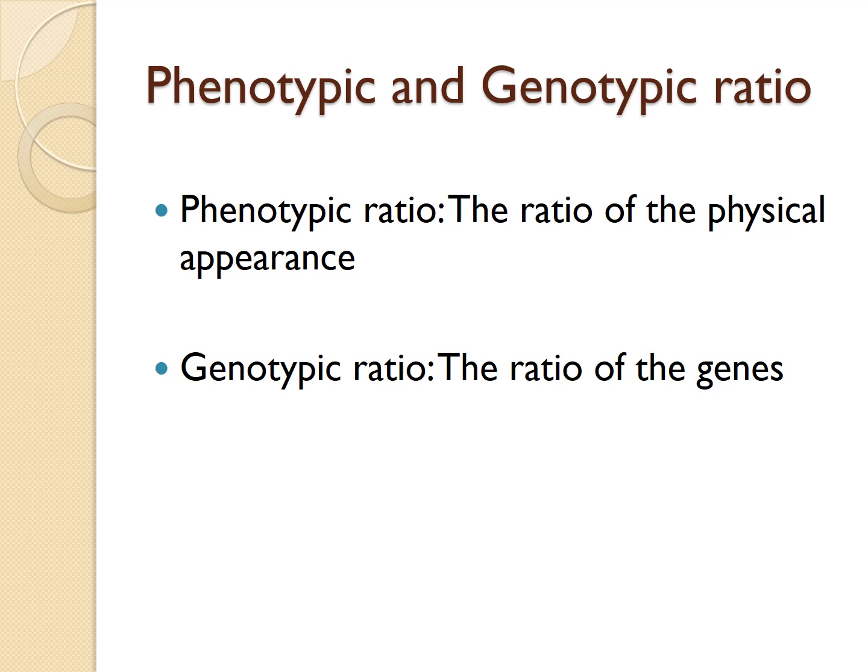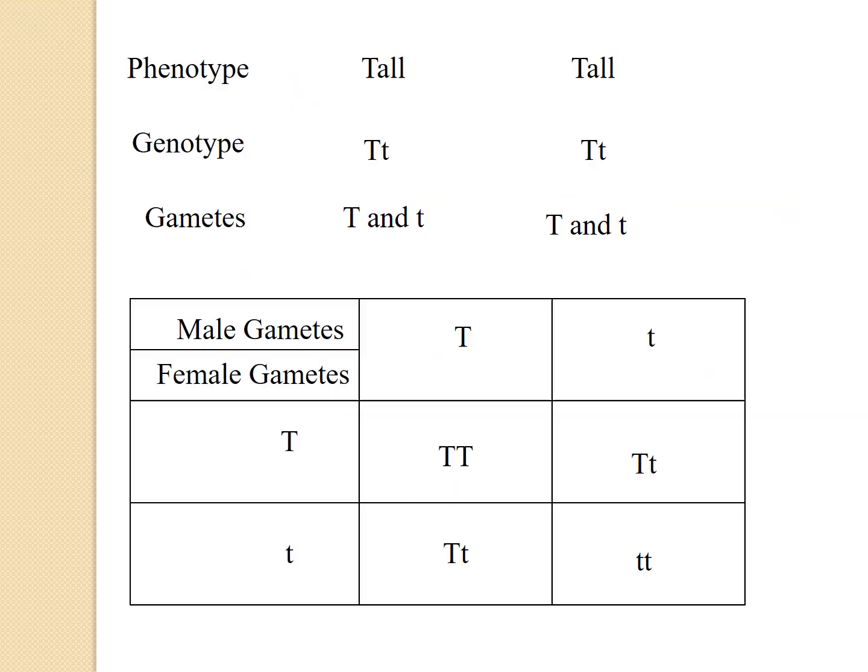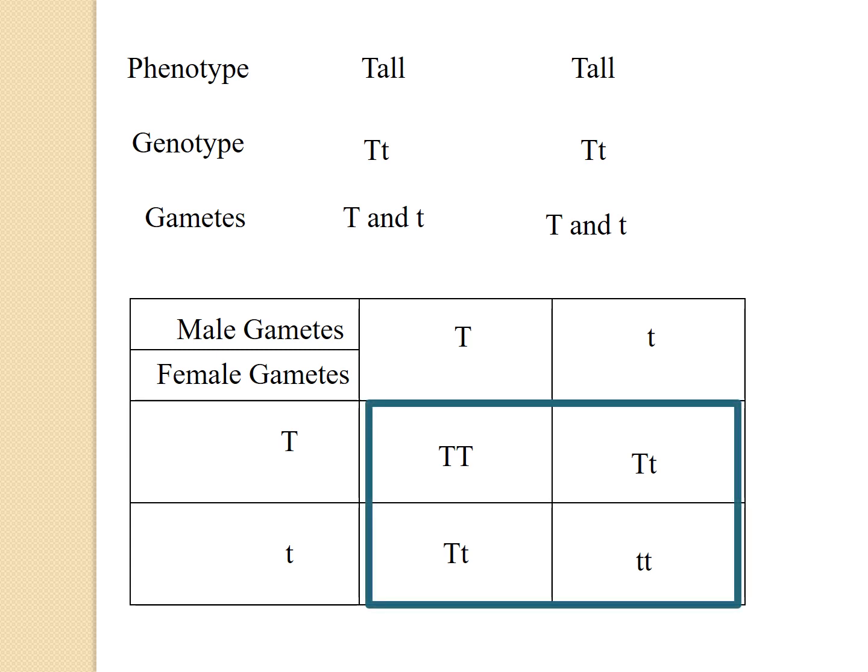I will explain this by taking an example from the previous lecture. You all are very familiar with this now. I hope you all have practiced this also. So this is something which we did in the last class. Whenever you are talking about phenotypic ratio, at that time we are going to concentrate on what you are getting in the Punnett square. These four boxes are what we are going to consider for phenotypic ratio.